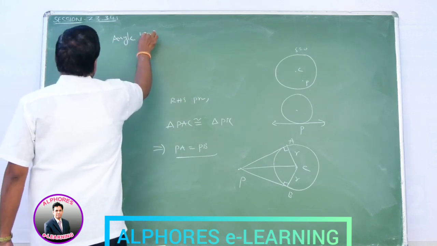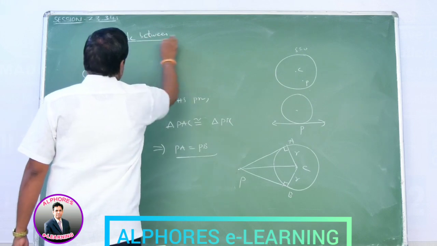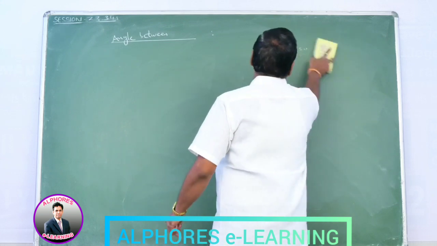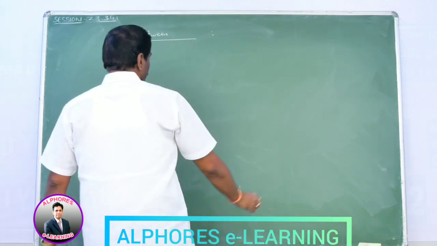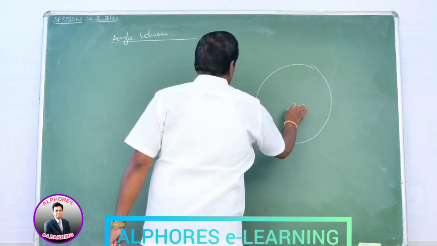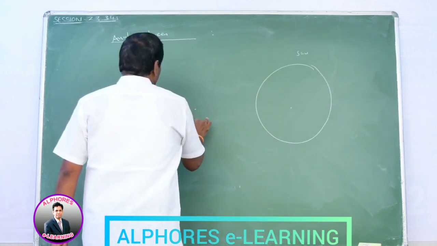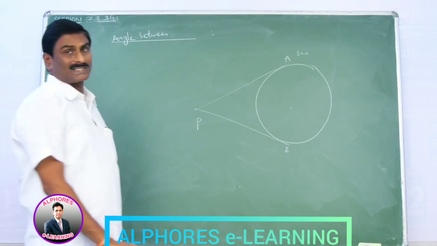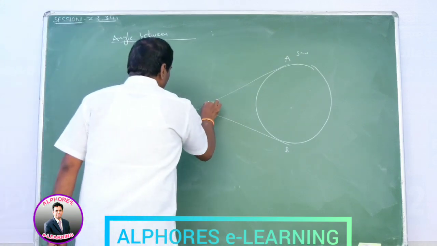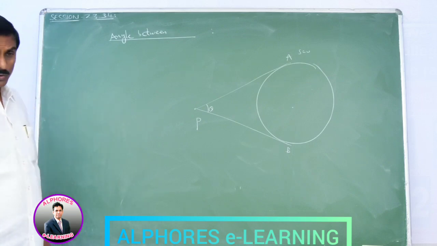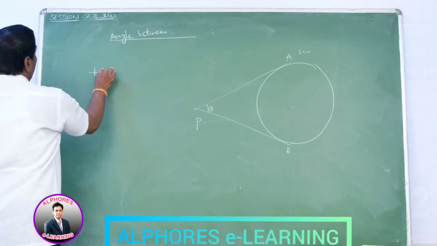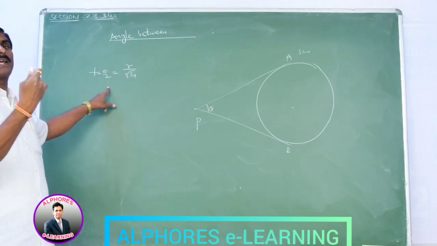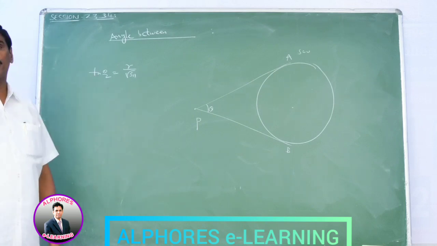Next heading: angle between the tangents to the circle. Suppose S is equal to 0 is the circle. P is any exterior point, then we can draw two tangents. Say PA, PB are tangents from P to the circle S equals 0. Let theta be the angle between these two tangents. Then tan theta by 2 is equal to R by root S11. By using this formula, we find theta by 2. Theta by 2 is equal to something. That means theta is equal to 2 times that value. Okay, we find the angle between the two tangents.